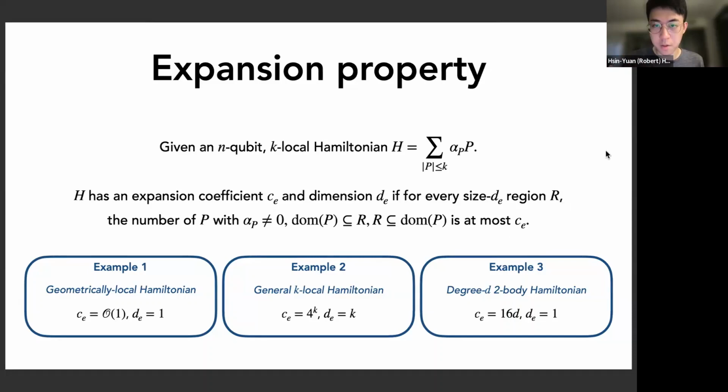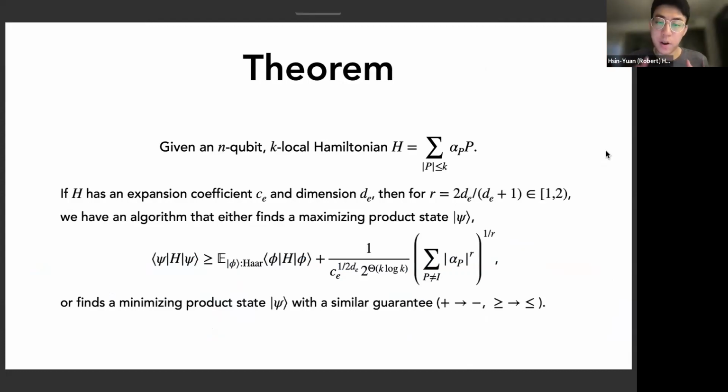And when DE is higher, it's more connected. And for things that are not very connected, like all these things that are geometrically local, like a 1D chain, 2D lattice, 3D lattice, they all have dimension equal to 1. And now the theorem essentially says that given some Hamiltonian edge with expansion coefficient CE and dimension DE, there's a